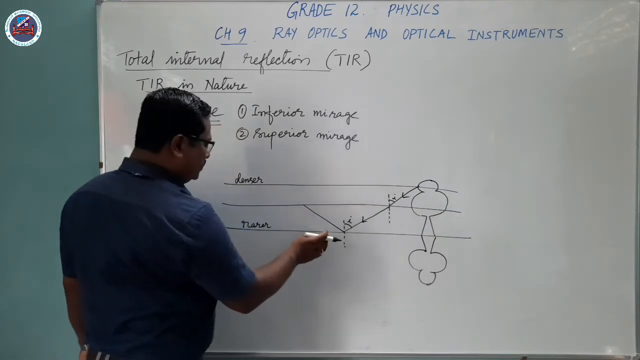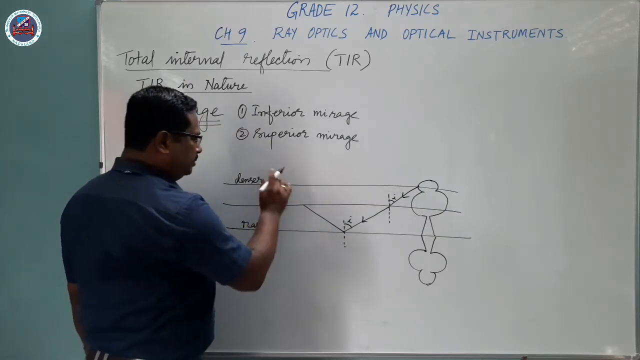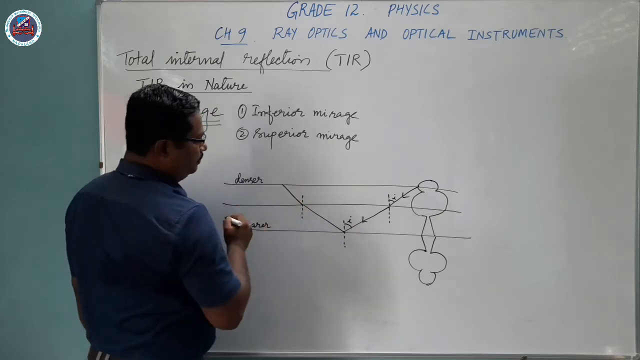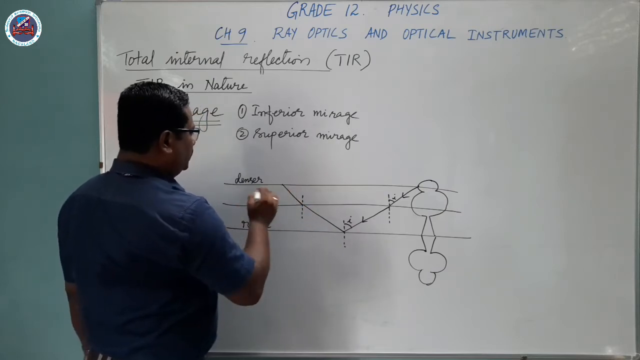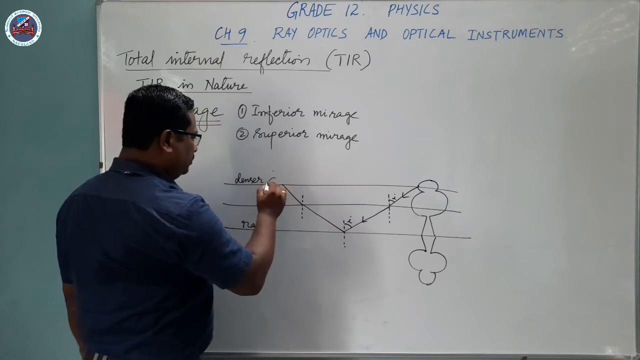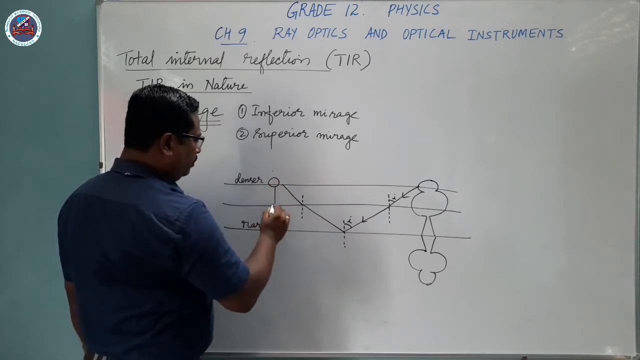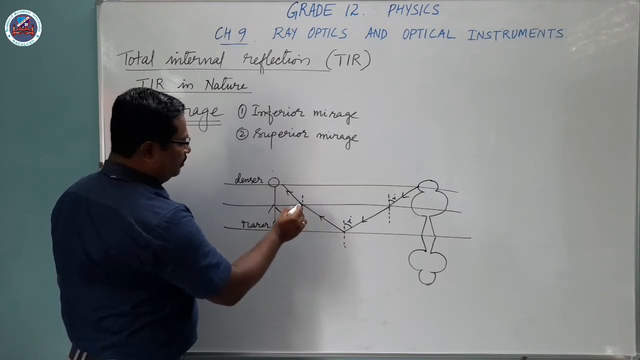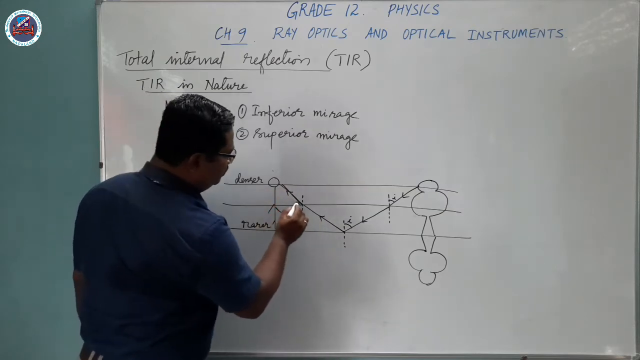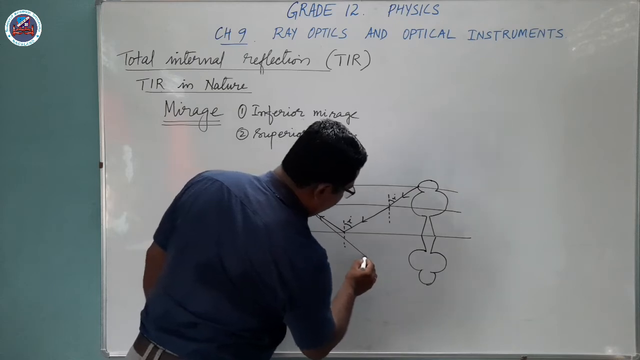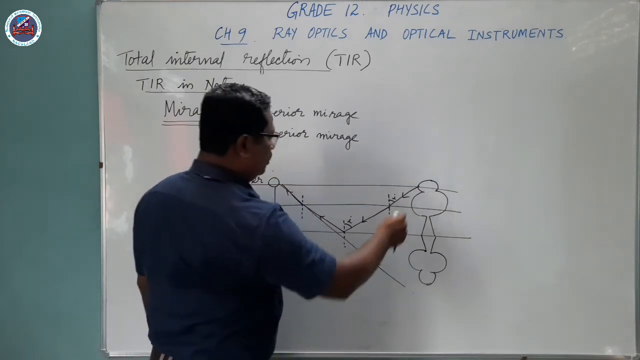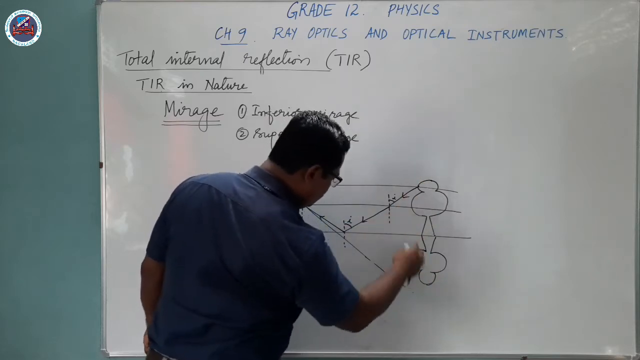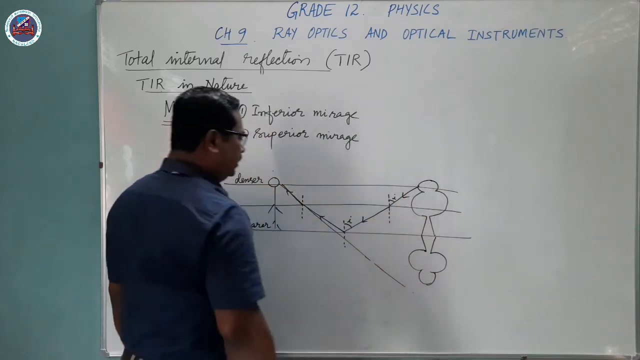And when light travels from rarer to denser medium, as you know, it bends towards the normal, so it will go up. So if a person is standing somewhere here and observing, he feels that the light has come from here. According to him, if you extend the light ray, then the top of the object will appear below the ground,